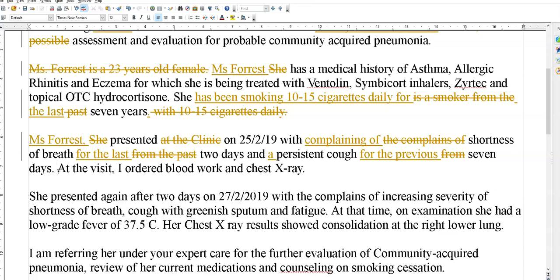So, we've just got here blood work and chest X-ray. Did you actually do anything here? Okay, so Ms Forrest presented complaining of shortness of breath for 7 days. At the visit, I ordered blood work and chest X-ray. Now, the reason I'm taking out a lot of this stuff is because